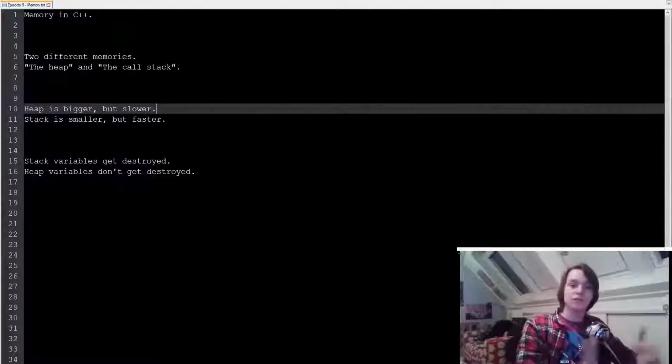Basically the call stack is the memory that you use whenever you declare variables the normal way, like you've been doing thus far. But sometimes you need variables that are bigger or contain more data than you can store on the stack, and that's what the heap is for. The heap is basically a memory pool that's normally not accessed. You need to specially access it using something called pointers, which I'm going to explain to you in the next